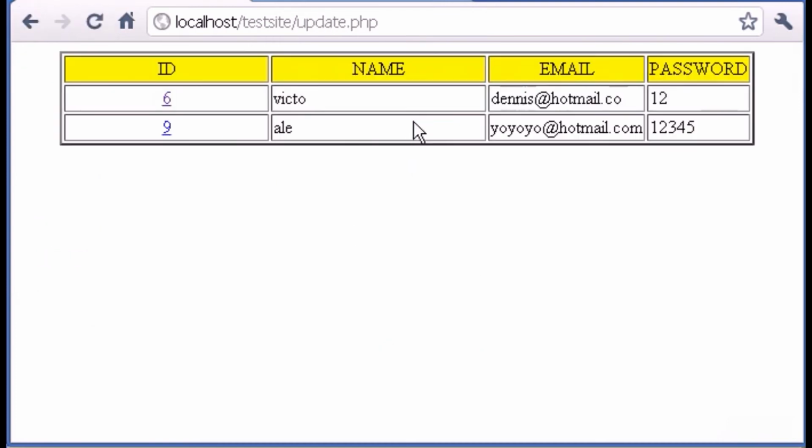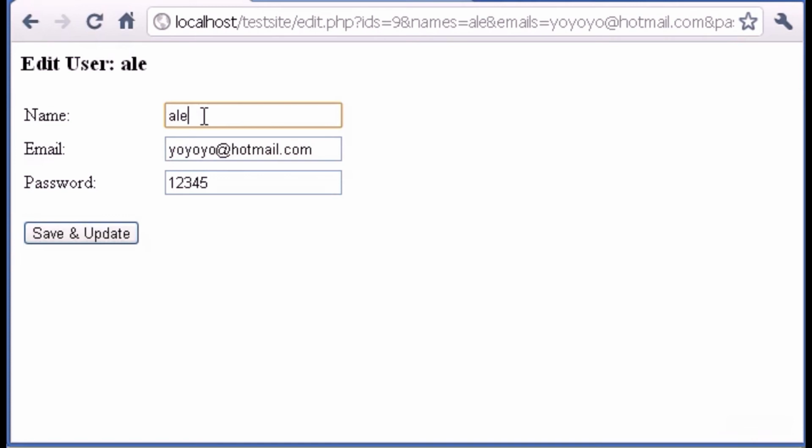If I click edit, we see every value that we had in our database, or every user. If I click, let's change this name here, Alex. It should be Alex, but I already deleted the X. So let's click here, and let's click here Alex,